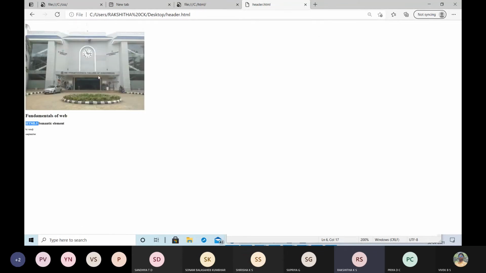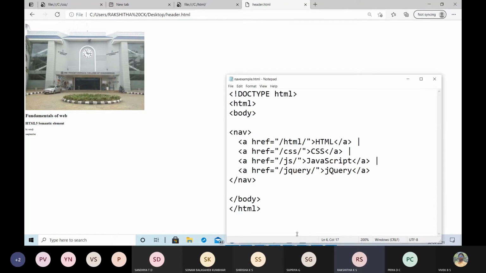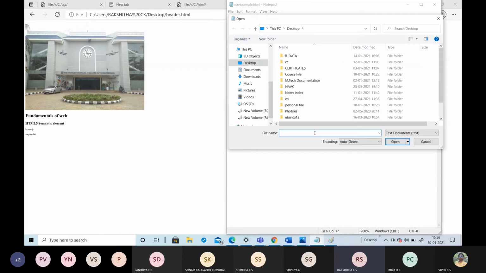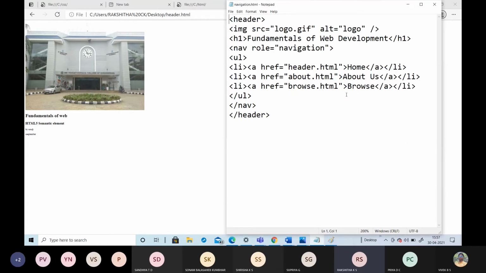Home. This is the home that I already saved in that program. Just take down navigation. Yes, look into this. Again, it is the same. I'm using that navigation symbol here. Here I have to link this home.